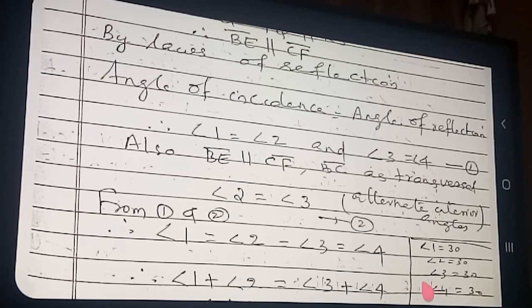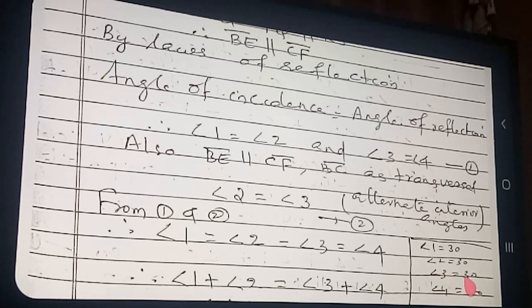So I have shown one example here. This is simply for your understanding, not to write in the notebook. Angle 1 is equal to angle 2. Suppose angle 1 is 30. Then what about angle 2? 30. What's the reason? You already know that angle 1 and angle 2 are equal. But the second equation, see what is written? Angle 2 is equal to angle 3. So angle 2 is 30, then what about angle 3?